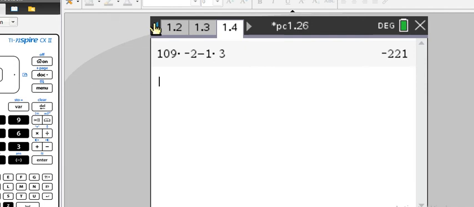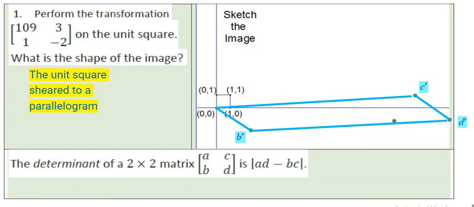In order to get the actual area, we use the determinant, but we must take the absolute value. So what does absolute value start with? A, B, S. Now I can go up and steal that calculation. And of course, we just take away the negative, and it's positive 221. So when we go back to our document,